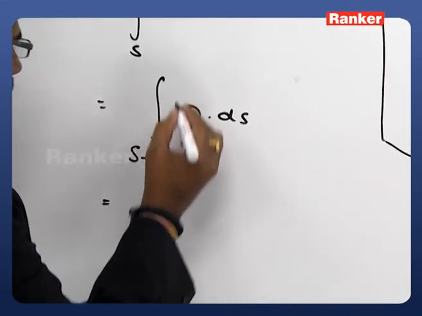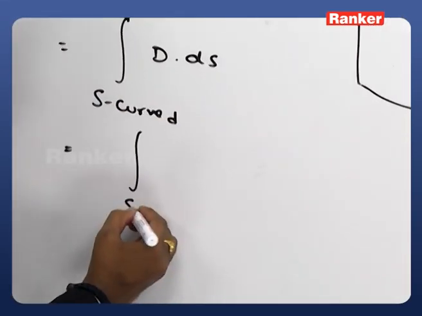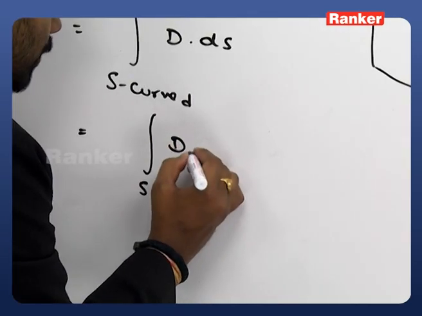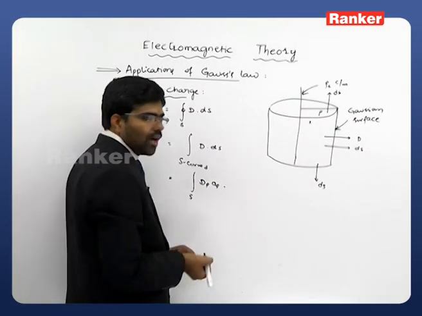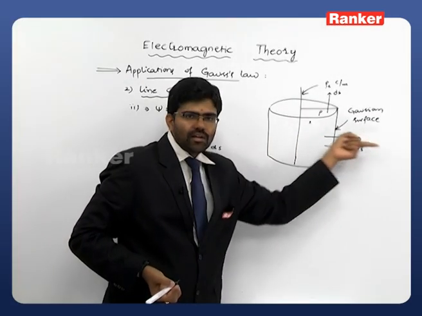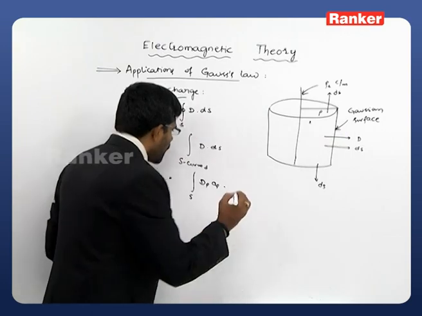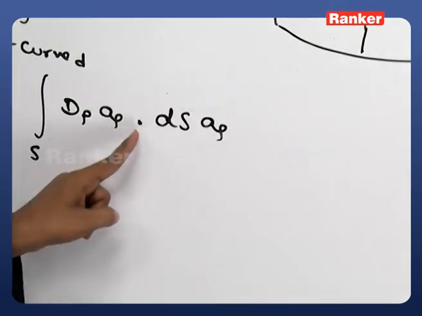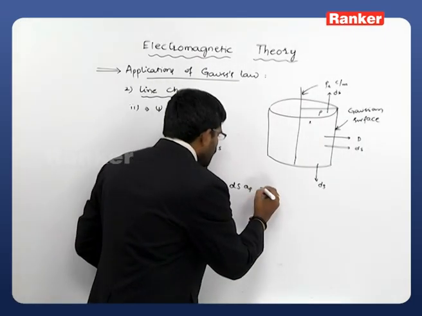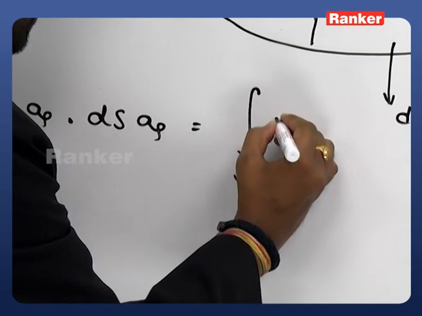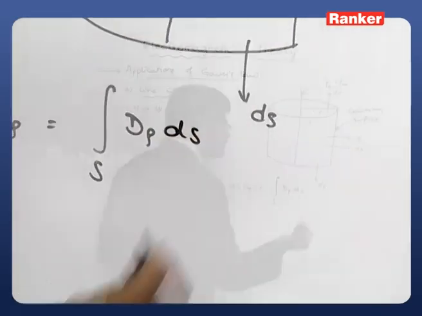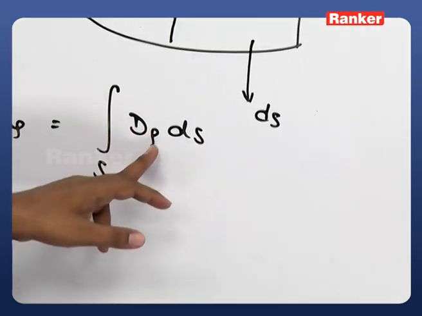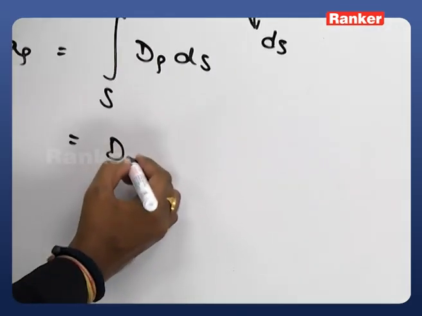Now, for the curved surface, D is in the direction of rho, so I take this as D rho a rho, dot dS, which is also in the same radial direction, so dS a rho. So D rho a rho dot dS a rho. What is the answer? The surface integral of D rho dS. As we discussed in our previous one, the surface integral of D rho dS gives us D rho times